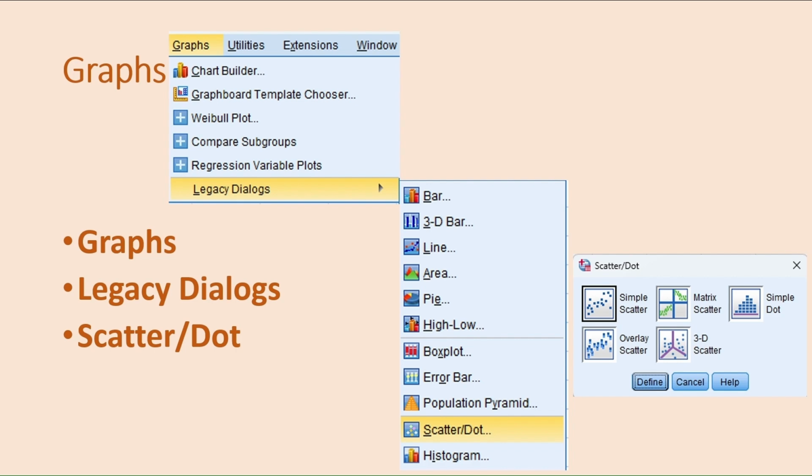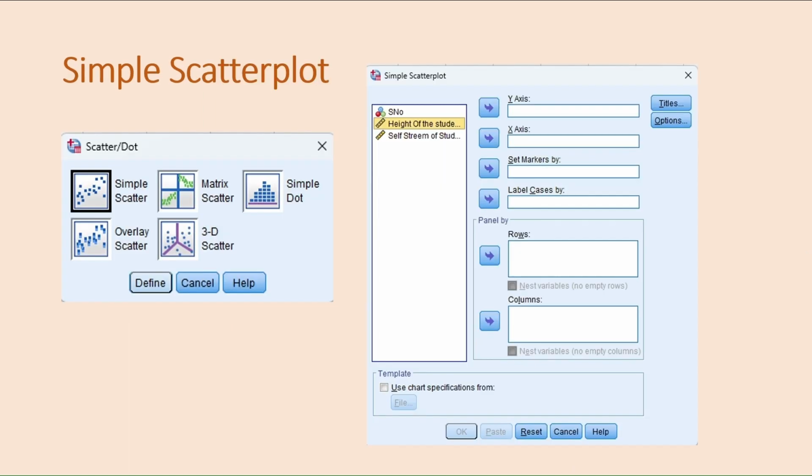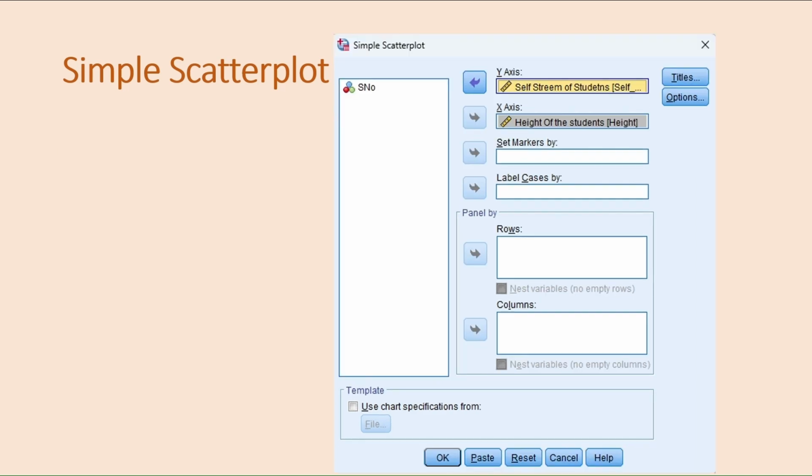The scatter plot window opens. First, we select simple scatter and press the button Define, and move our height variable to the x axis and self-esteem to the y axis and press OK.